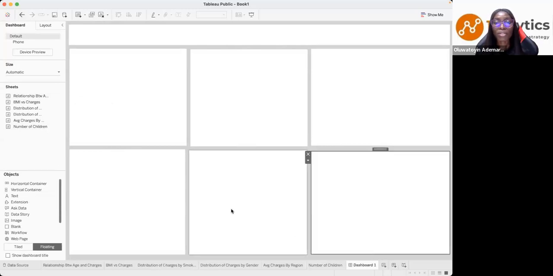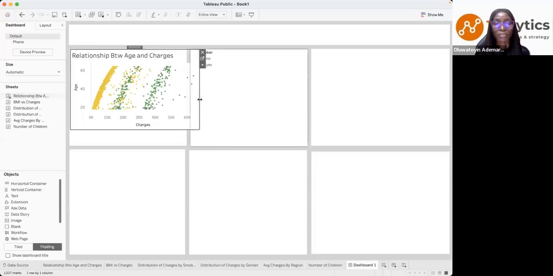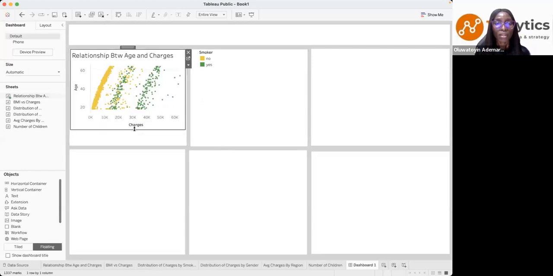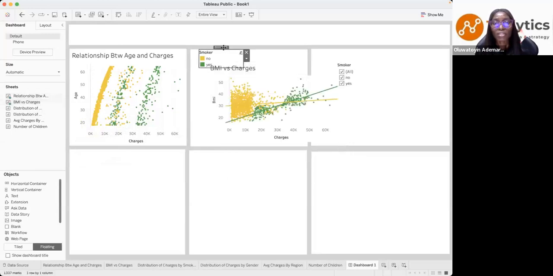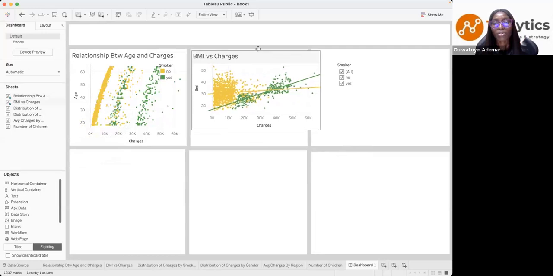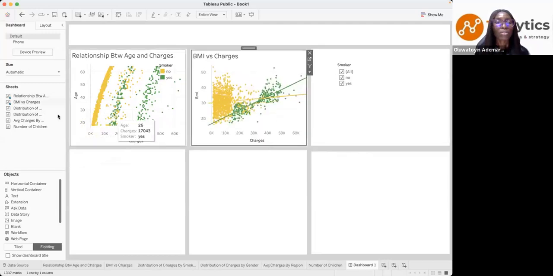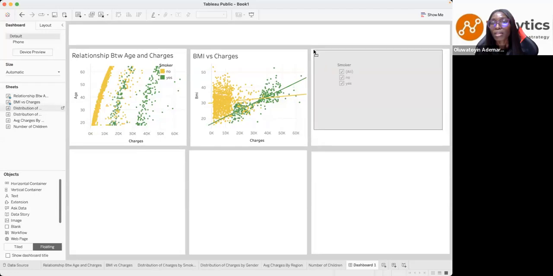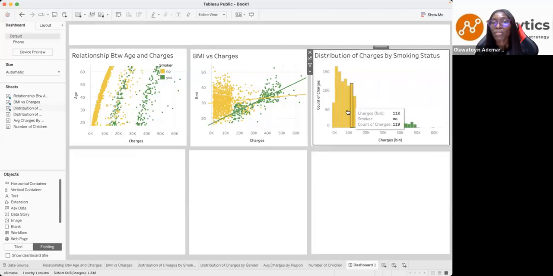All right. So you want to get your alignments right when you're creating a dashboard. Then I'm going to put this shape here and bring it here. All right. Then the second one. All right, so I have this legend that came alongside this. So I'll just put it here. Okay, so then the next shape, I'm going to also place it here. Okay, so again, I have this chart, and I'm going to just resize what I have,